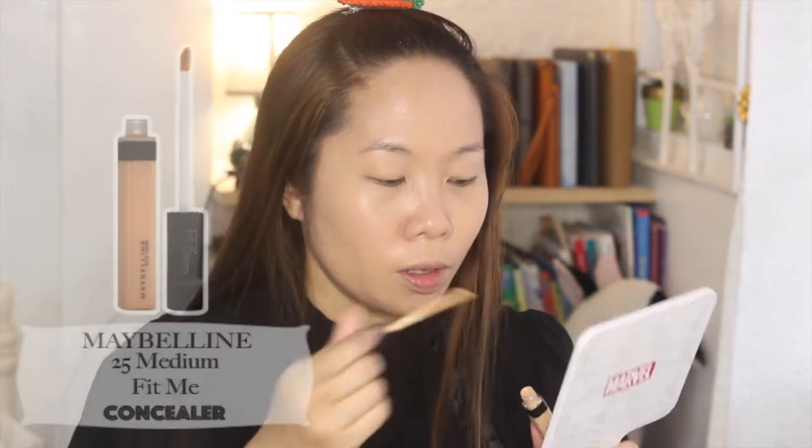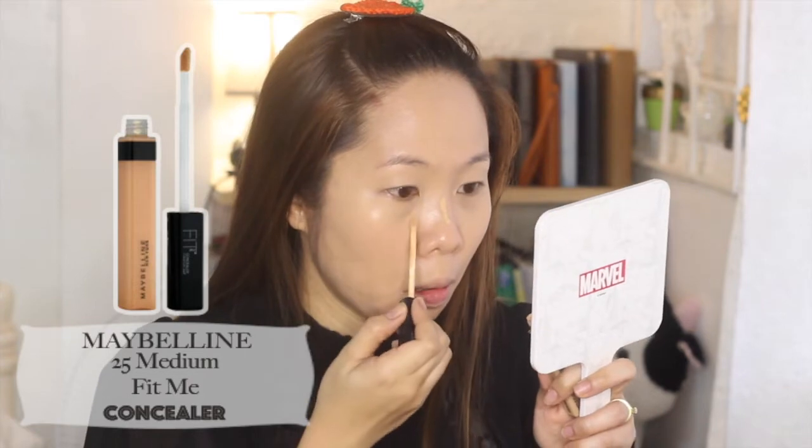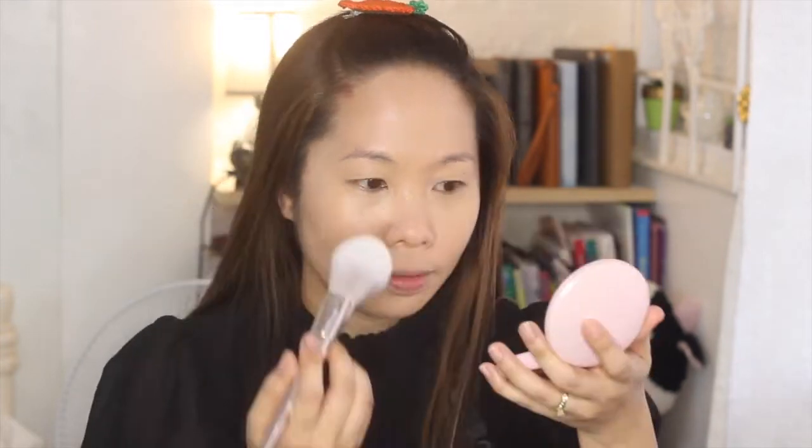The next one. So the next one is concealer and powder. So this is my concealer, which is very dark. The powder I'm using is actually from Boucher, and I just depotted it and transferred it into this empty Etude House compact because it looks cute. Then the next step is